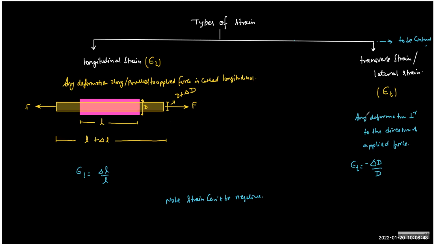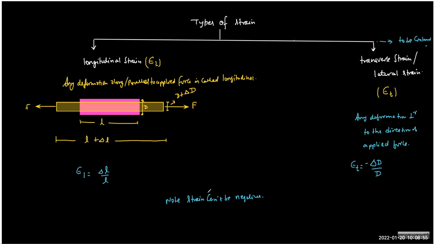Another strain that we develop here: you can see that the objects will have a dimension. So it is having some length and some area of cross section. So you can check the change in length and you can check the change in delta D. So mostly for a three-dimensional finite shaped object, or with some known geometry, we may define longitudinal, we may define transverse. But what about the body of irregular shape,